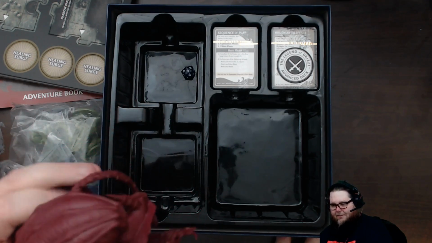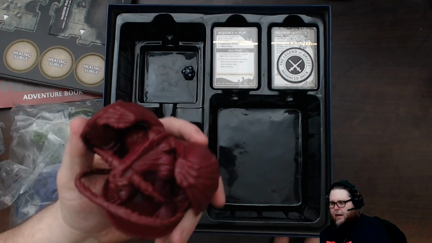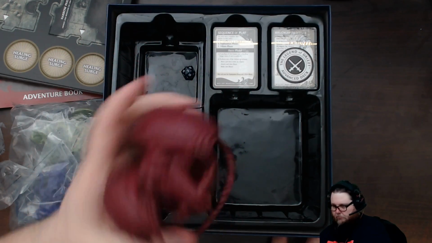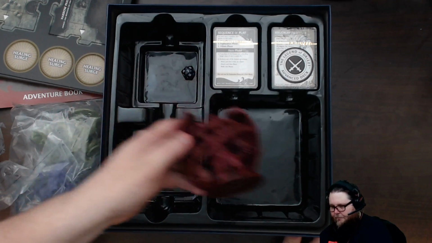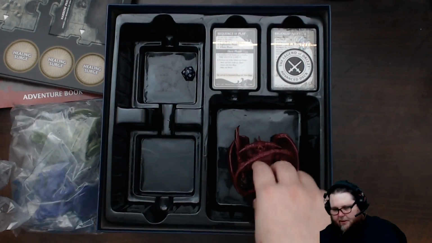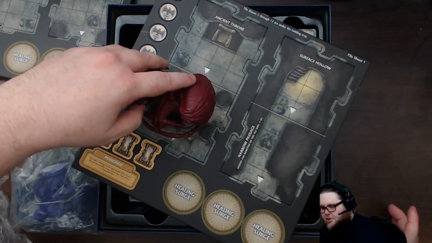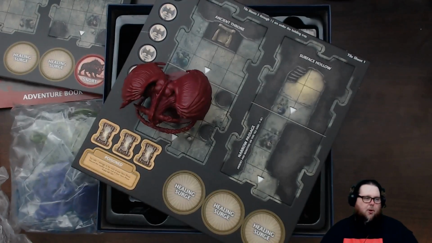I've already got this. I got this painted from the 4th edition minis game. So I'm going to paint this thing. I'm going to start learning how to paint minis, and I'm going to use all these minis to learn how to paint. So very nice. And like I said, this is a 3x3 grid because he's huge. So look at that. He fits perfectly on the tile